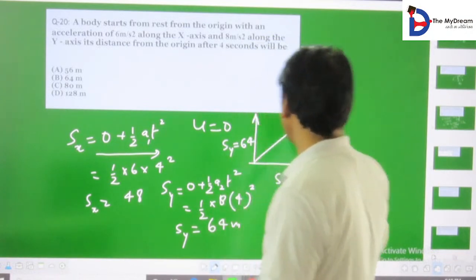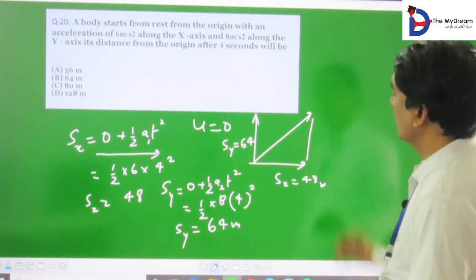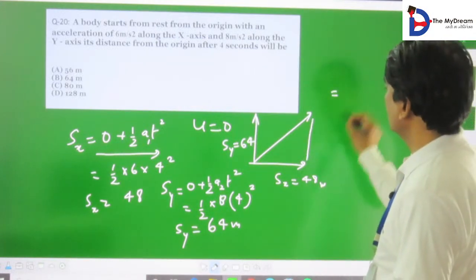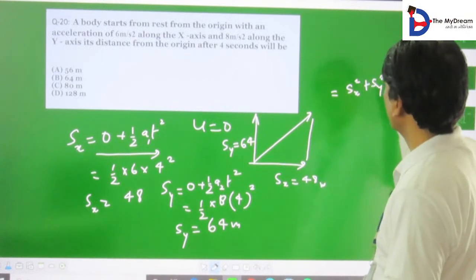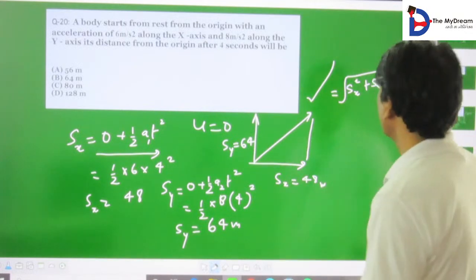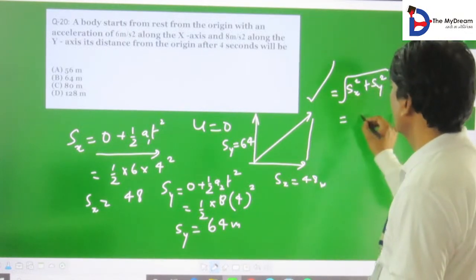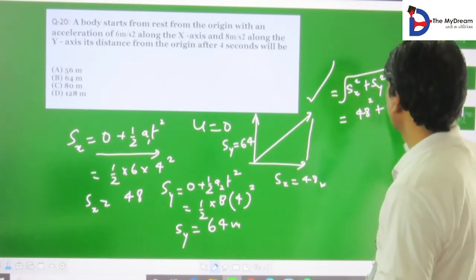And you want to know this. So sx square plus sy square gives the distance. 48 plus 64